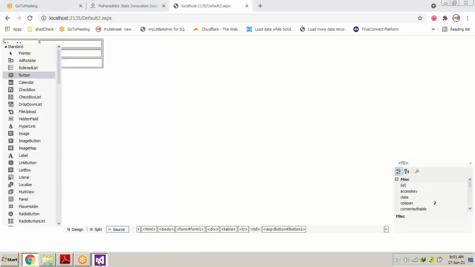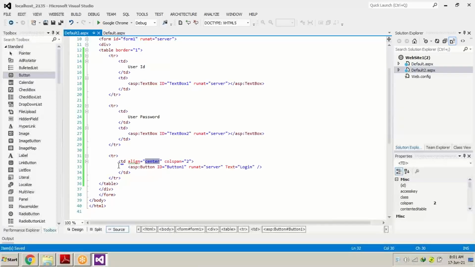How has this been changed? It is changed by adding alignment center and colspan 2. What does colspan 2 stand for? We have taken two TDs in the above two TRs, and the third TR has only one TD.